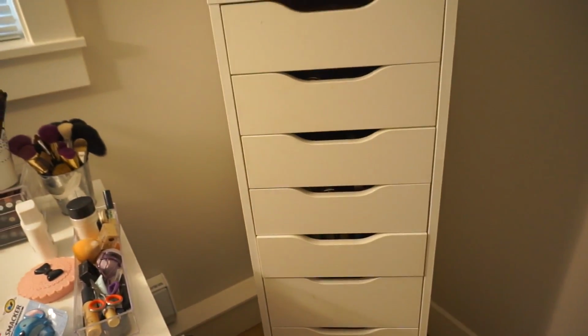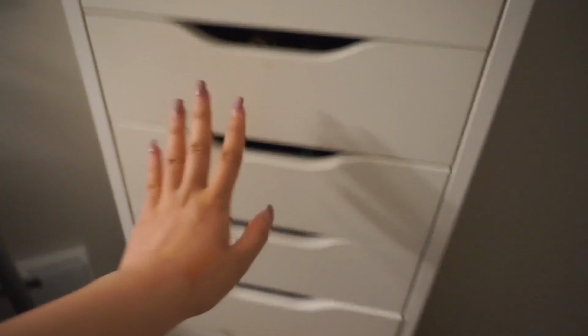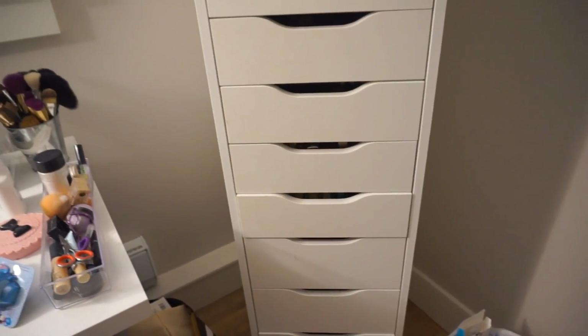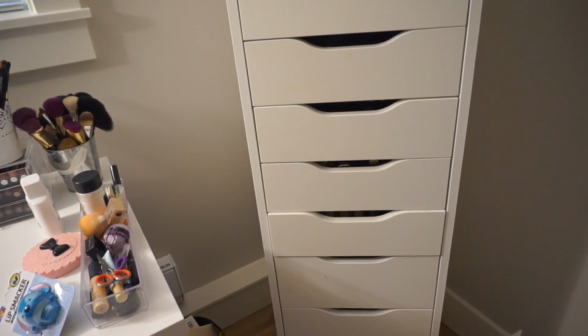Okay, so all my makeup is put away now, but I've come to the realization that I'm probably going to need to buy another Alex drawer because these drawers are pretty much all packed and there's no room for any new makeup. So I think what I'm going to do is when we move,